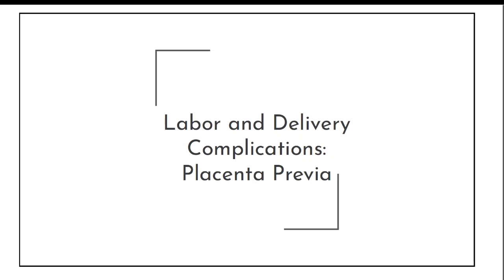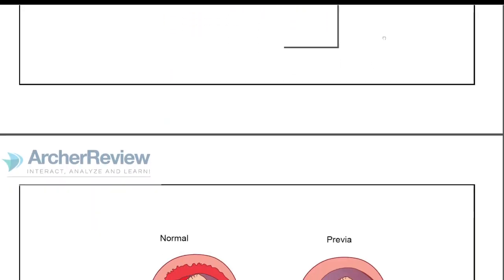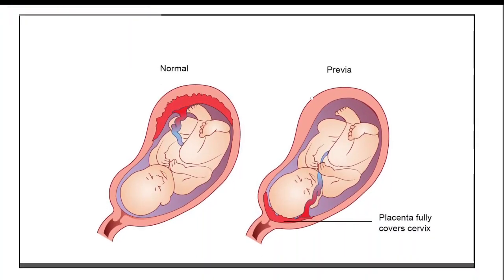The first one we're going to talk about, pretty common one you may have heard of before, is called placenta previa. And as long as you know your normal anatomy and physiology, this one is pretty straightforward to understand. Placenta previa means that instead of the placenta being up in the fundus of the uterus like it is supposed to be,